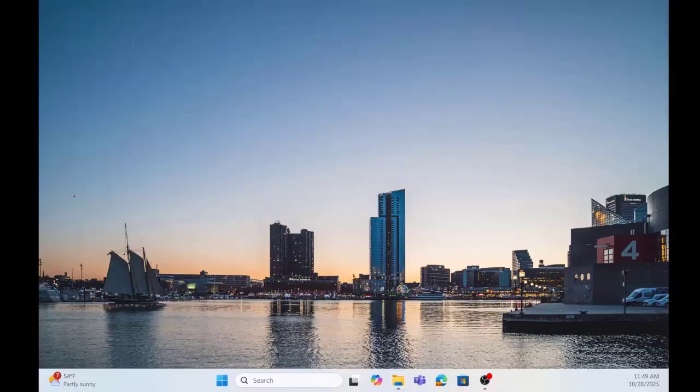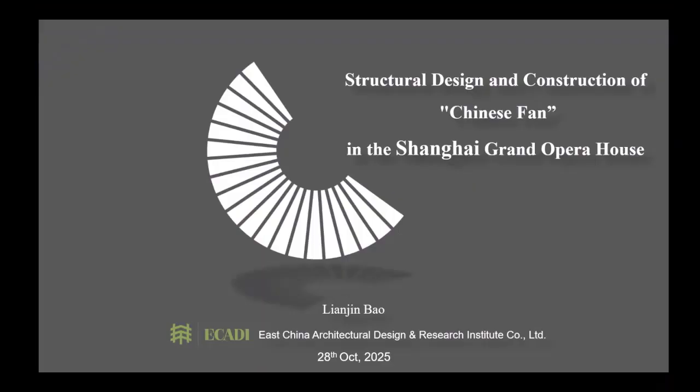All right, our next presenter, Lianjin Bao, Chief Structural Engineer at East China Architectural Design and Research Institute Company, Ltd. He will discuss the structural design and construction of the Chinese fan in the Shanghai Grand Opera House, an architectural landmark inspired by the open fan along the